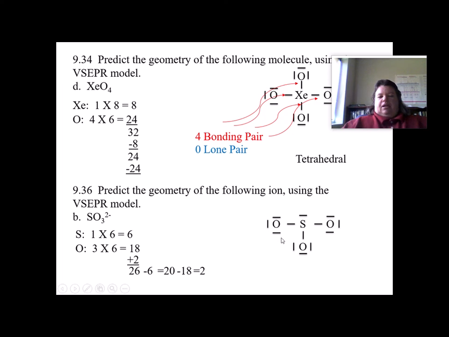I have 3 outside atoms. Oh, oops, I'm sorry. This is an ion, so I have to put the charge there. So I put a bracket with a 2 minus. I've got 3 outside atoms, or 3 bonding pairs. I've got 1 lone pair right here. And so 3 bonding pairs